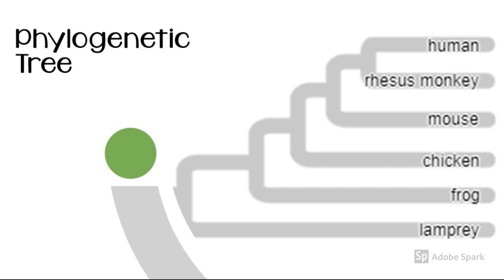Comparing the amino acid sequences of similar proteins in different organisms helps scientists piece together evolutionary relationships. This diagram, a phylogenetic tree, represents similarities in the cytochrome C amino acid sequence of several species. Analysis of cytochrome C in a human, a rhesus monkey, and a chicken, for example, show that rhesus monkeys are more closely related to humans than to chickens.